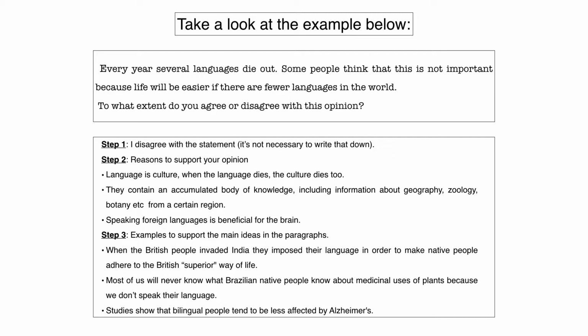And then, for the last argument, I'm going to say that studies show that bilingual people tend to be less affected by Alzheimer's. You don't have to provide one example for each paragraph, but you should. If you're able to think about examples for only 2 paragraphs, it's okay. That will be enough, but never less than that. However, I strongly advise you to write 3 body paragraphs because planning these 3 body paragraphs will help you write the minimum number of words